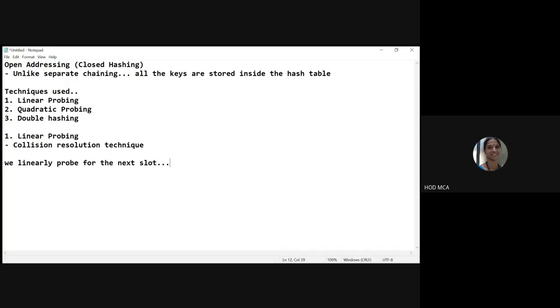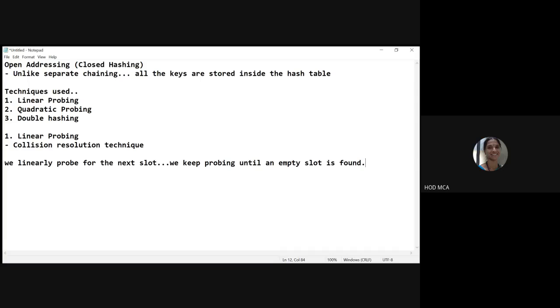So we keep probing until an empty slot is found. We saw what a linear search is: sequentially you go on searching for the particular key element until it is found. Here also, linear probe means we go on searching for the empty slot.